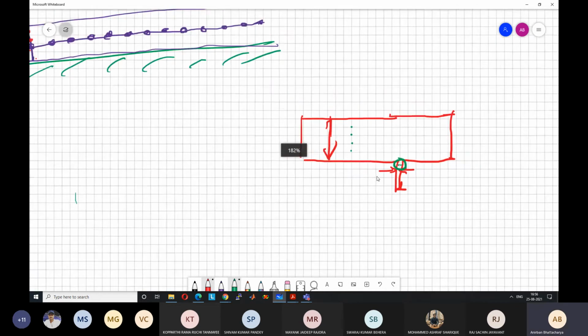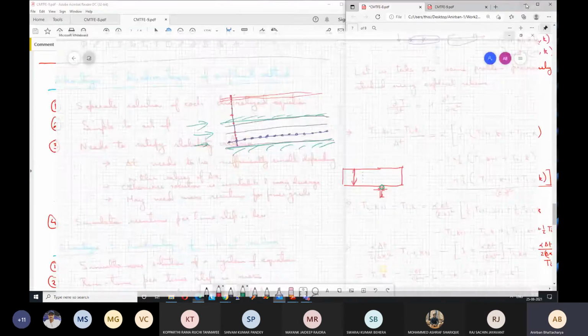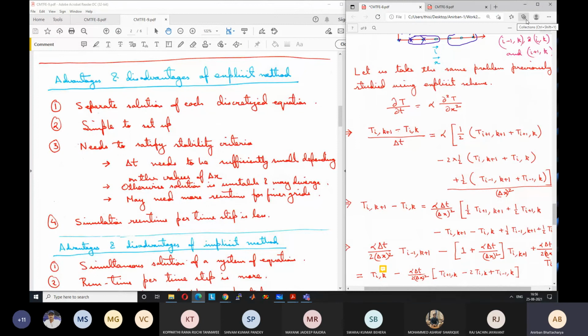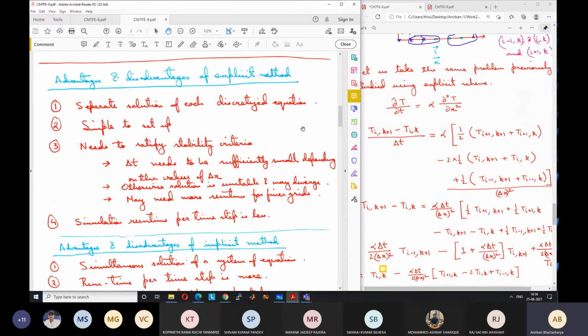So ultimately, for the entire solution, you will have a very small delta t. If delta t is say 10 to the power minus 3 seconds instead of 1 second, then for 100 seconds, instead of 100 time steps, now you will need 100 into 1000 time steps, which is 1 lakh time steps. So dramatically your simulation time will increase. This is the main drawback of the explicit scheme, but otherwise it is very easy to set up and solve a problem, and we use it very frequently. It's very useful, particularly for complicated geometries.